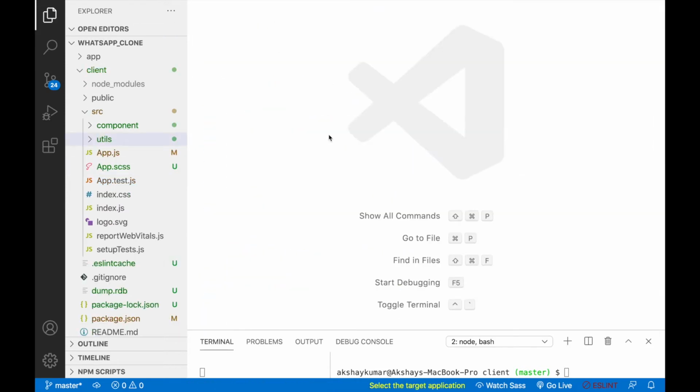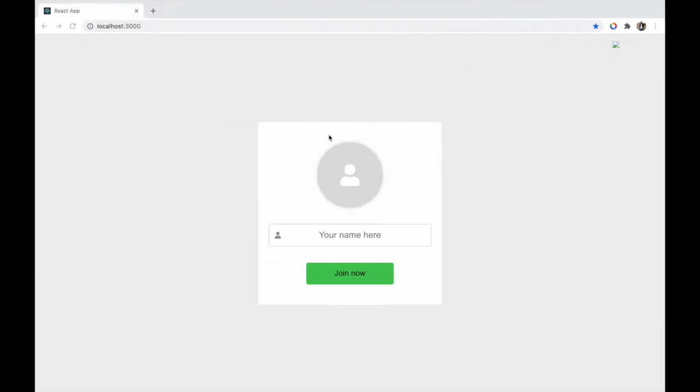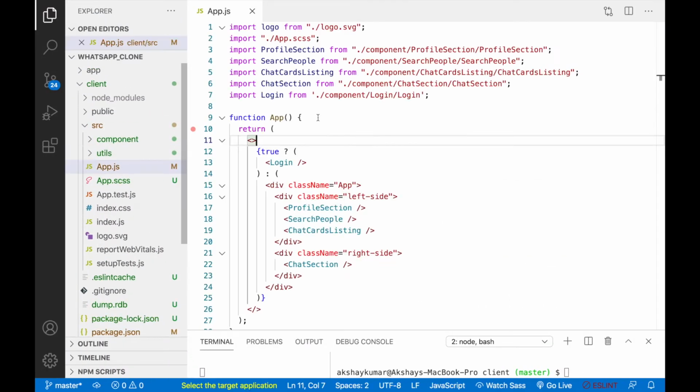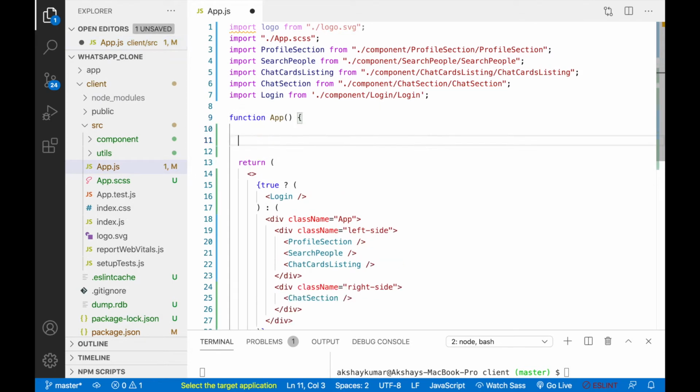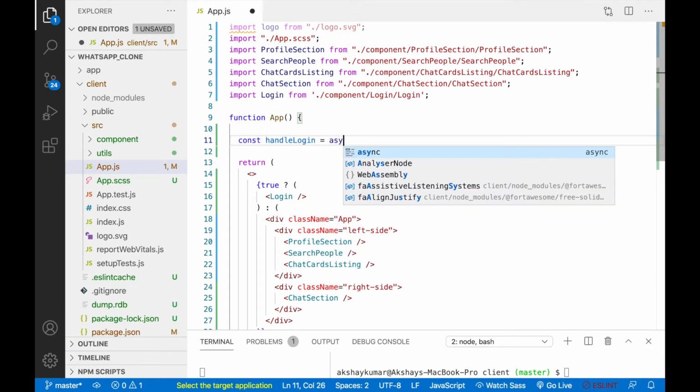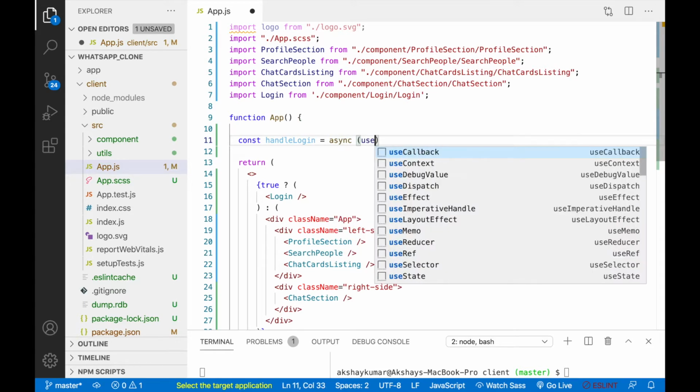Okay, so now we'll start with our login. So this is our login page. Okay, so inside app.js, here I will write one method that will be const handleLogin. Okay, so this will be an async function. This will take userData.